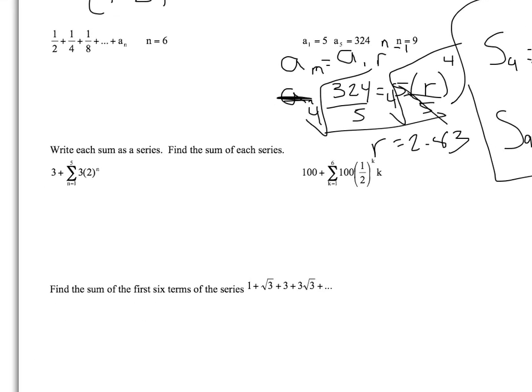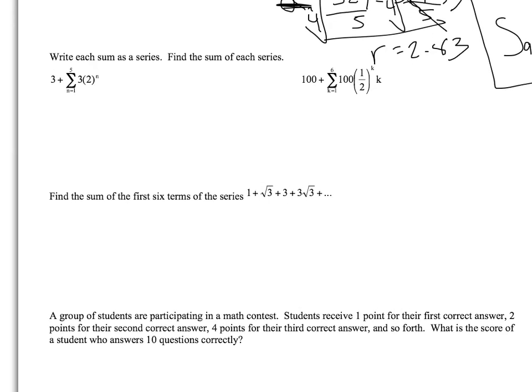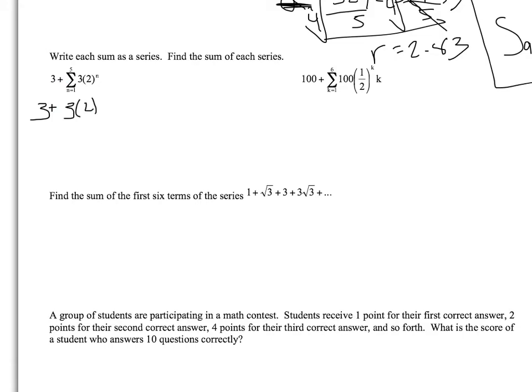Next piece should be pretty easy. This says write each sum as a series, find the sum of the series. So this says 3 plus your sigma notation. With the 3 plus, you're going to start by just writing 3 plus. And then it says n goes from 1 to 5, so you're going to plug in the numbers 1 through 5 for the n and add them up. So it's going to be 3 times 2 to the first plus 3 times 2 squared plus 3 times